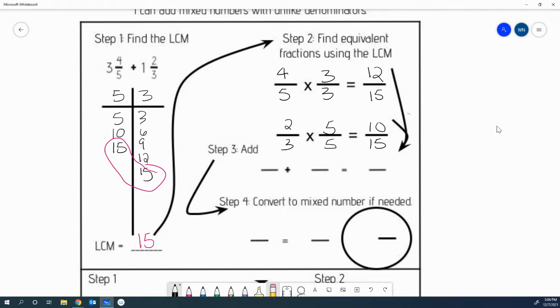Remember, if I'm ever going too fast, you can pause it, slow it down, back it up. You can do everything except skip forward. All right, let's bring them down. Remember, make sure you go back and look at those whole numbers. I had 3 4/5, which became 12/15, plus 1 2/3, which became 10/15. Let's add that together. I'm going to add my whole numbers, and I'm going to get 4. I'm going to add my fractions, and I'm going to get